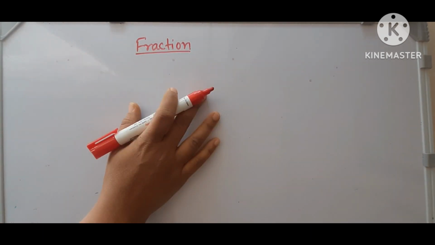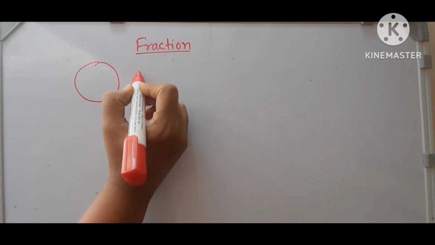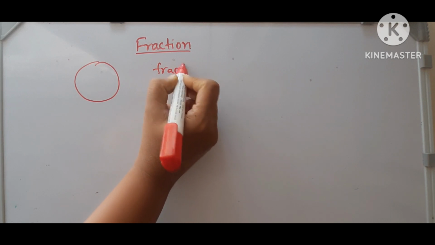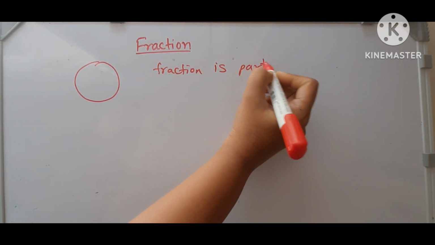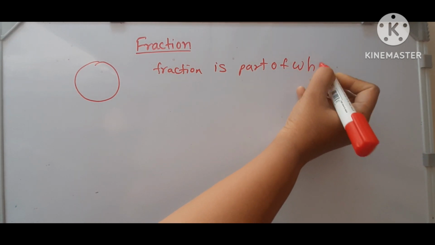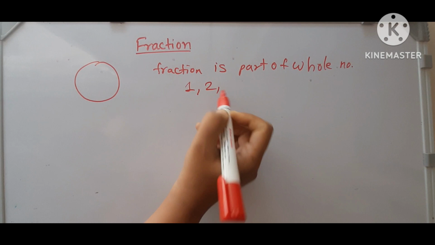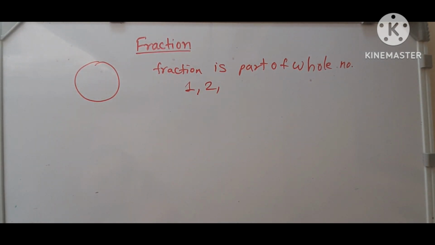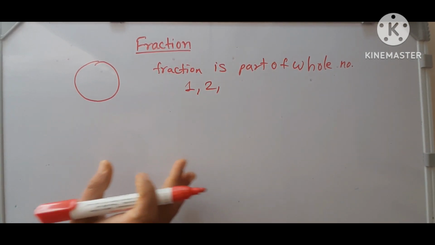A fraction is nothing but a part of a whole number. What is a whole number? A whole number is a complete number, like 1, 2, which is not divided. Those are whole numbers, and fractions are the parts of a whole number. So suppose